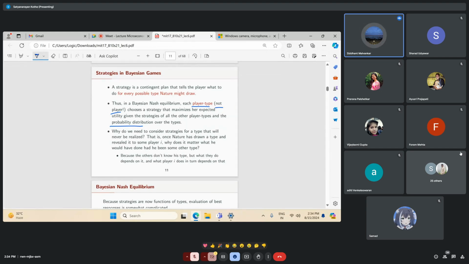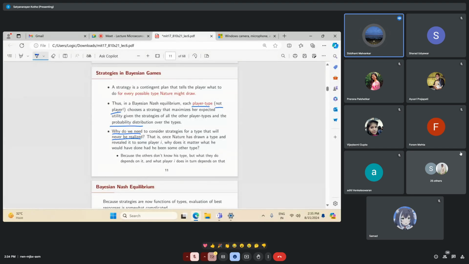So why do we need to consider strategies for a type that will never be realized? That is, once nature has drawn a type and revealed it to some player i, why does it matter what he would have done had he been some other type? So again, it is giving some introduction to conditional probability actually. That if I am of this type, then how you will react. If I am of that type, then how you will react. So actually,